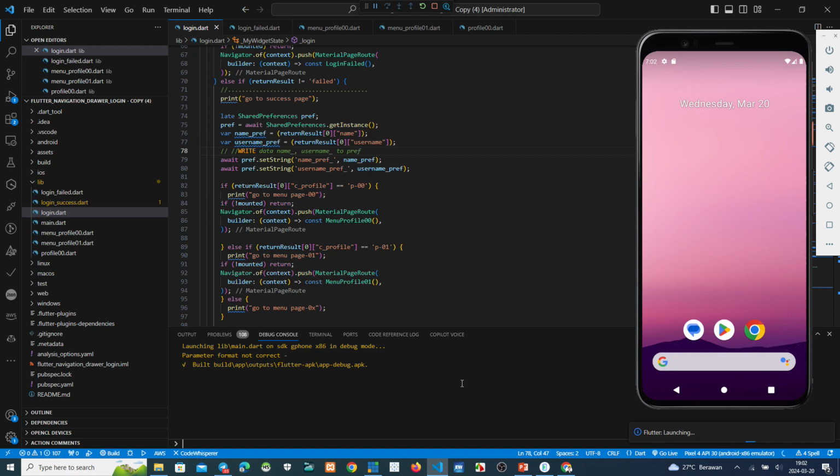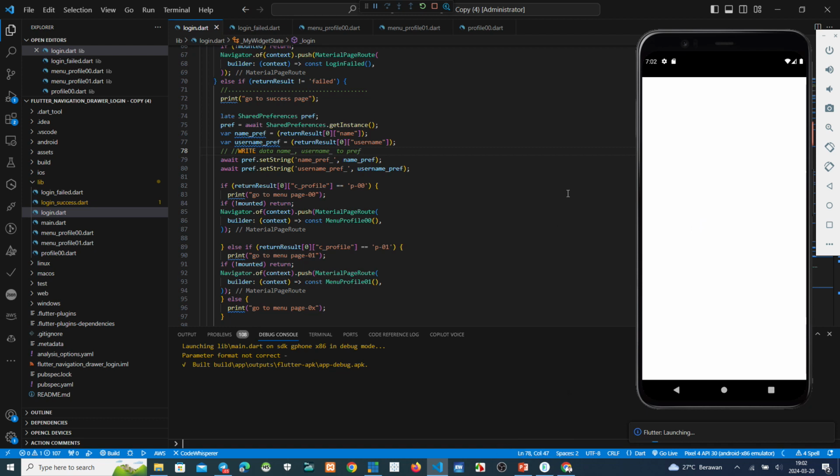Usually this process is just 1 minute. Okay, never mind. This process may take a few seconds. We can see the result, and then we make a login and see the result.